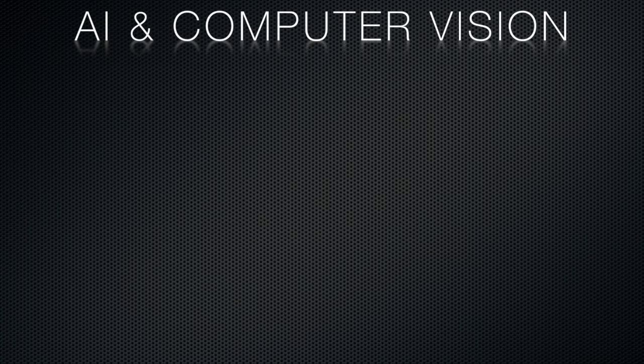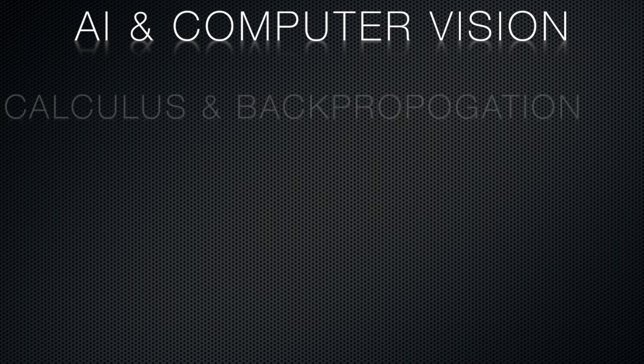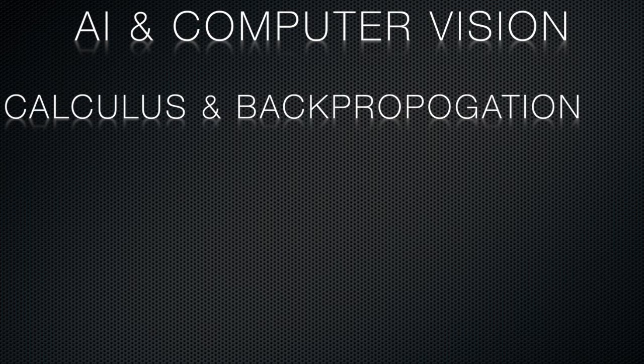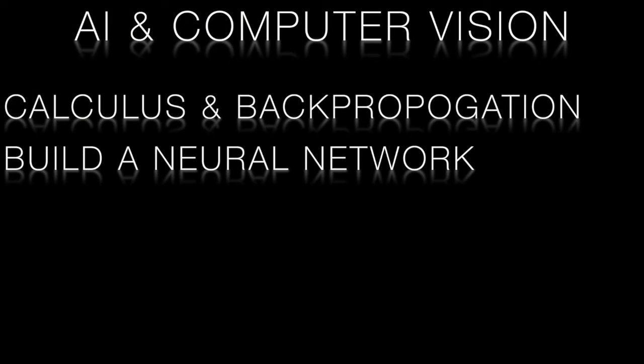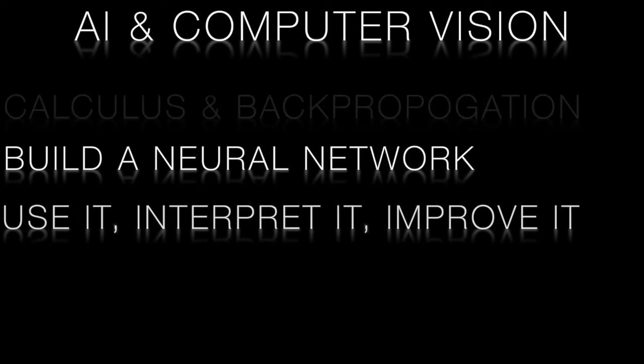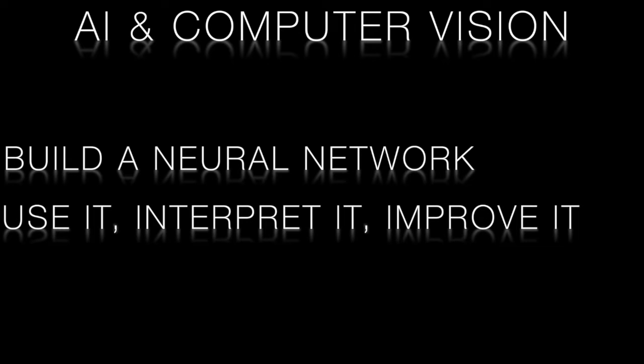The last video delved deeply into the maths behind neural networks, specifically the use of calculus and backpropagation to optimize the network's parameters. In this video, we'll first build a neural network and train it to identify images of clothes. We'll establish a design paradigm, use it, interpret it, improve it. We'll use this cycle to gain a better understanding of what our AI is doing and use that understanding to